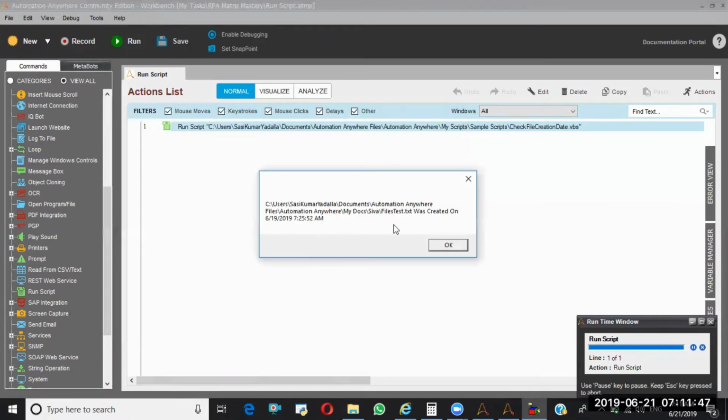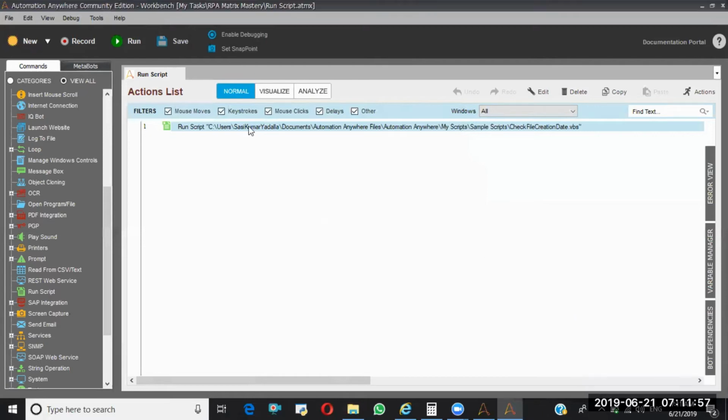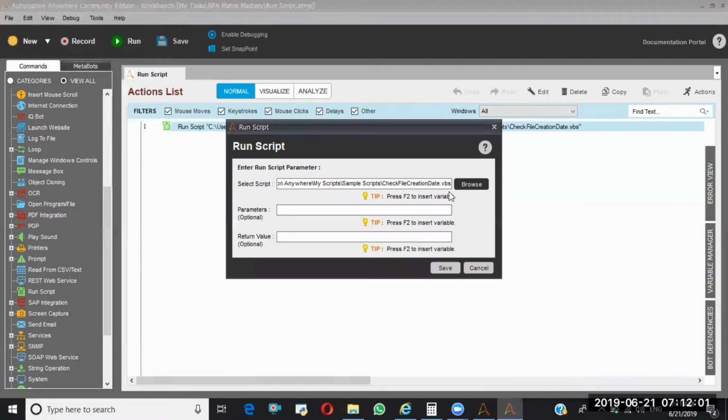See, this particular file was created on so and so date and so and so time. Like this, you will be able to run the external scripts and call the external VB script. You also need to know about parameters and return values as well.